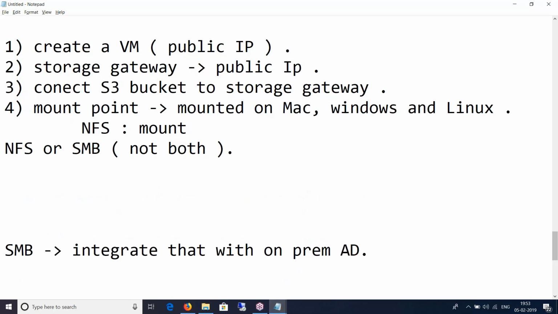Now what happens is that all your on-premise application servers or clients will be able to write the data to the file share using NFS or SMB, and that data, like I said, will eventually be converted into objects and saved into your S3 buckets.